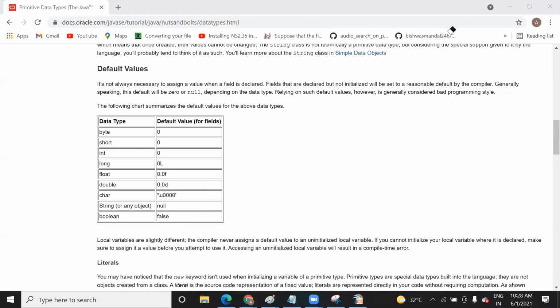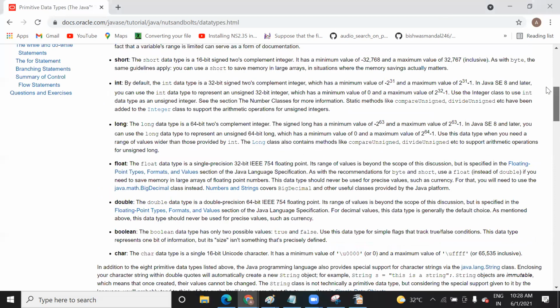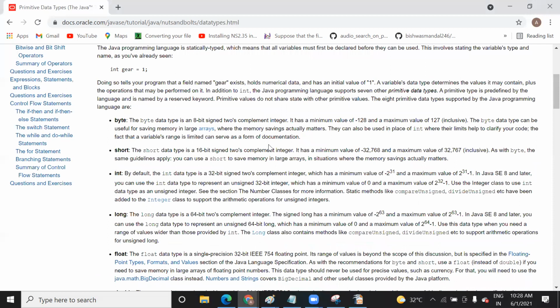Let's see more variables. The byte is one data type which holds 8 bits of data, and its value ranges from minus 128 to 127. So this byte is used to save bit kind of data, 8 bit, you know, right? Bit, byte.